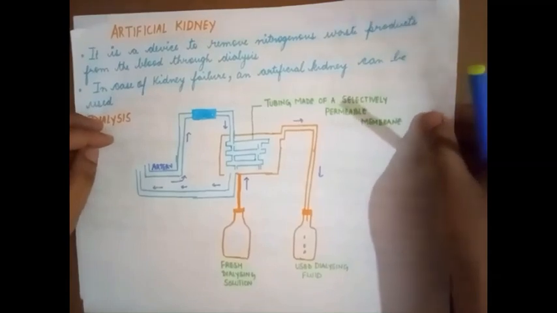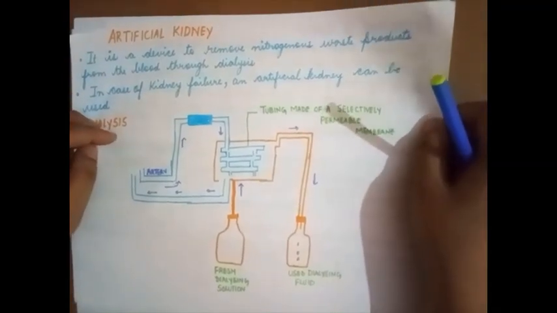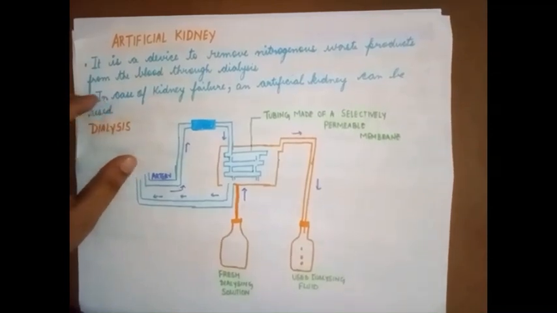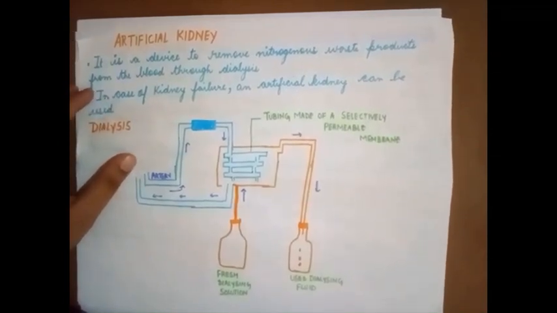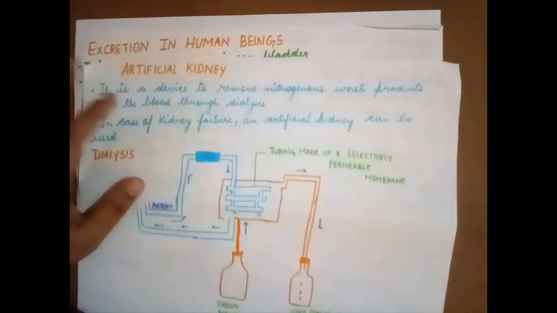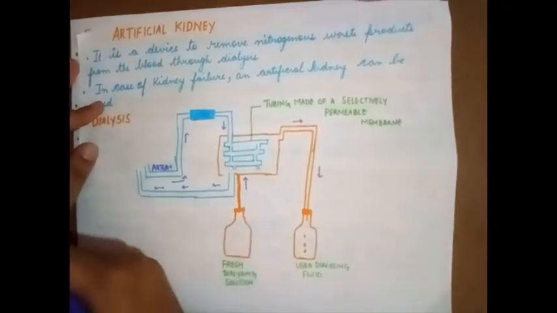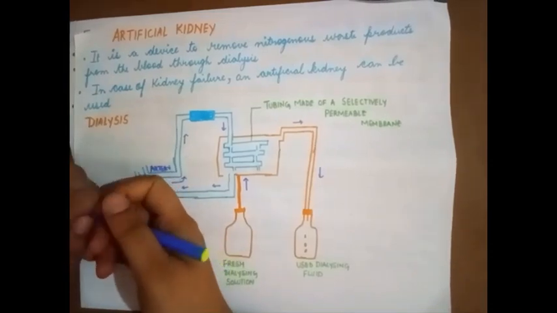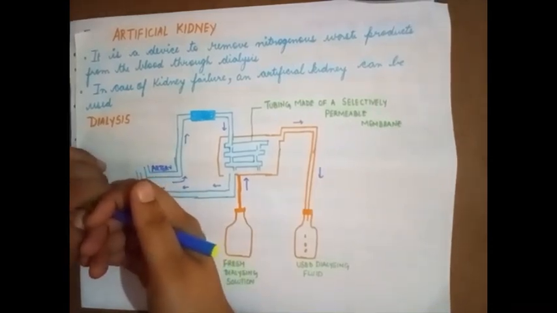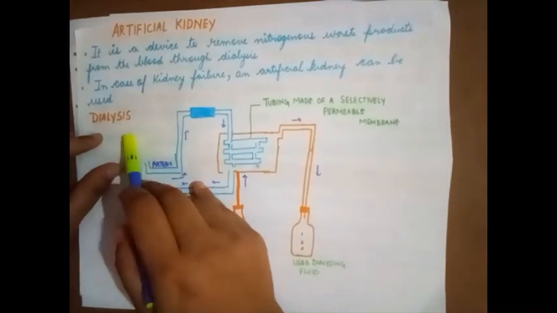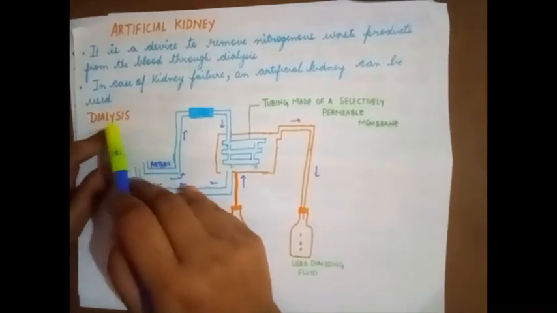Next, moving on to artificial kidney. Sometimes, because of several reasons, might be because of infection, because of an accident, there is damage caused to the kidneys, thereby destroying the filtering unit, that is a nephron. If nephrons are not functioning, it simply means that toxic waste cannot be eliminated from the body. In that case, what can be done? A procedure called dialysis is followed.